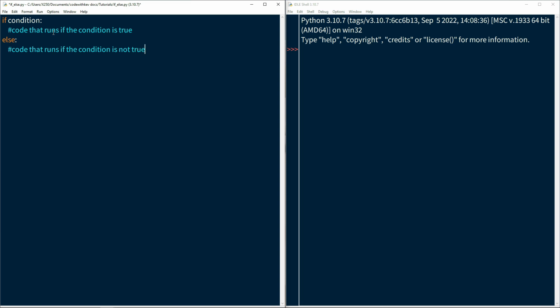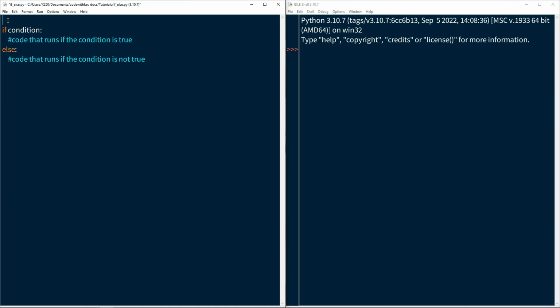So just to demonstrate, I'm going to create a variable up here. I'm going to create a variable named age, and age is equal to 21. Now we want to check whether this person or this age belongs to an adult. So we know that by the age of 18, a person moves from being a minor to an adult. So we can do this. We can say if age is greater than or equal to 18,